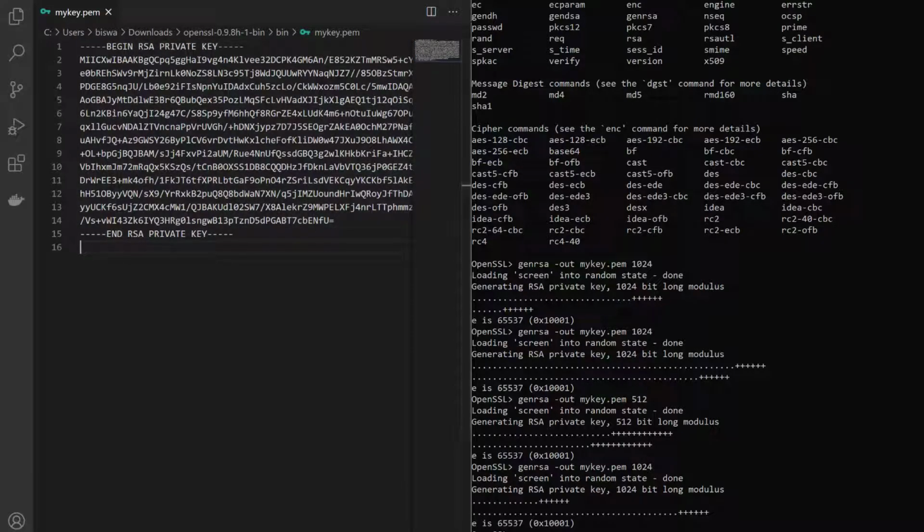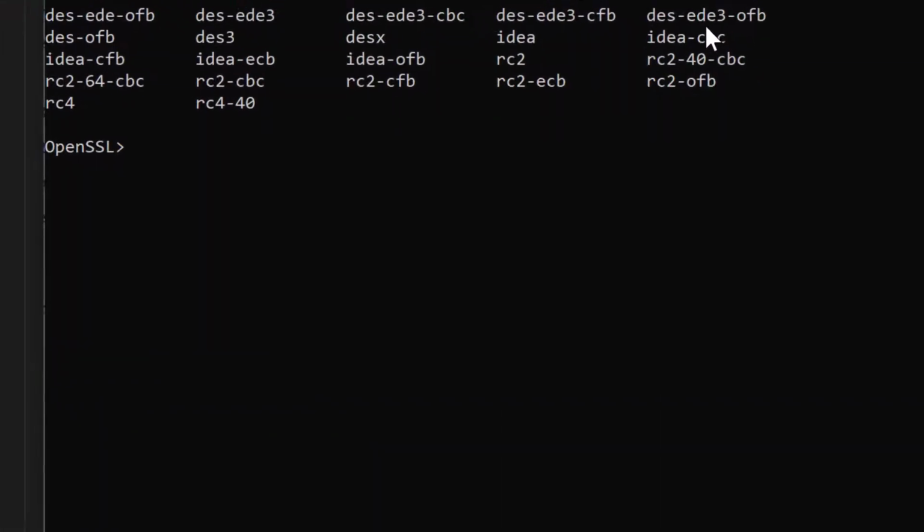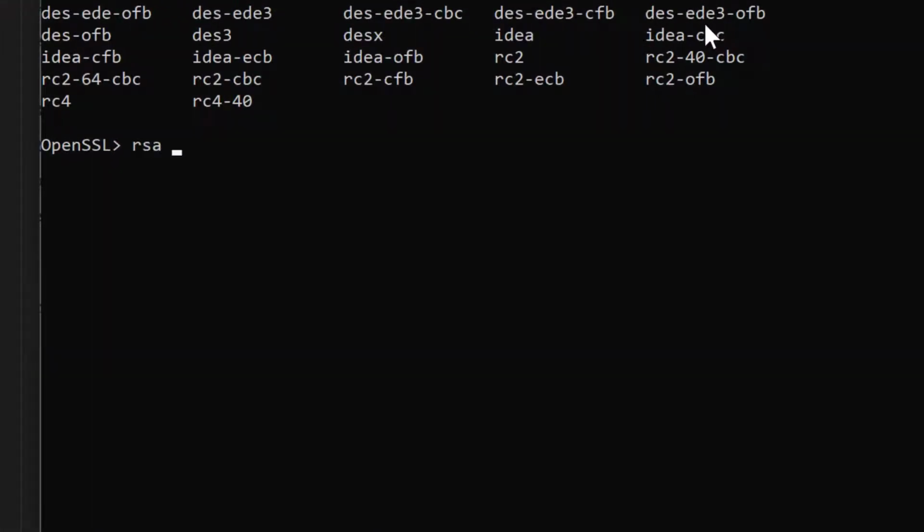Now let's generate a public key for the same. To extract the public key for any private key, I have to type the command rsa. We'll be using this rsa command and giving it a key file input. The key file input is nothing but your private key. So -in, and then we'll mention the private key file name, that is mykey.pem.